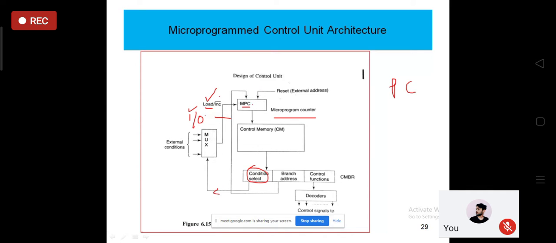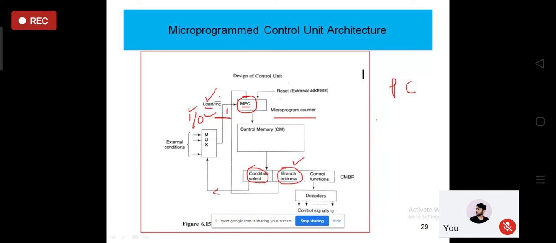You see, in the microprogram, this block, some input is coming from the branch address. So if I am writing in short, if it is true, that is, this line input is 1, then the microprogram control unit is loaded with the branch address. And if it is 0, we can find some increment operation, like the program counter was incremented, right? So here the microprogram counter will be incremented. So in short, I can write this one.